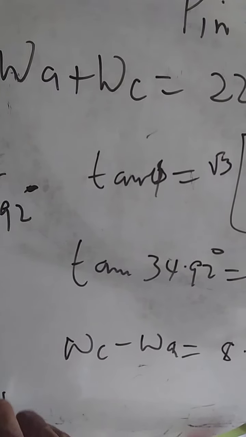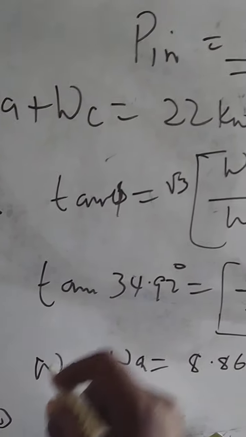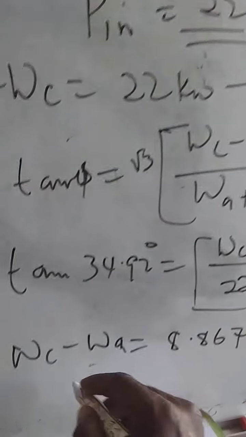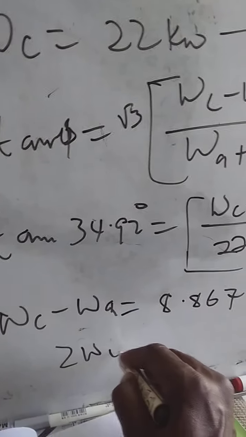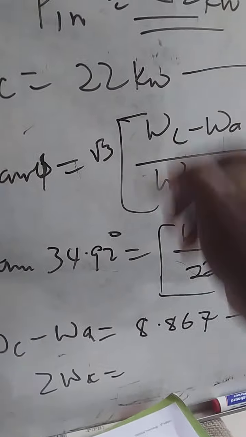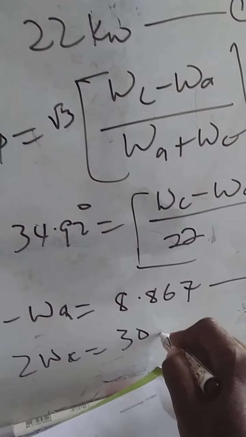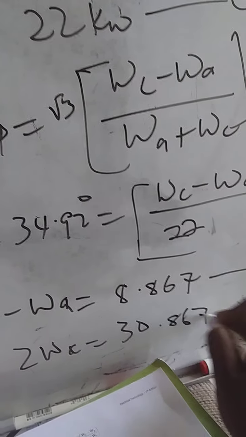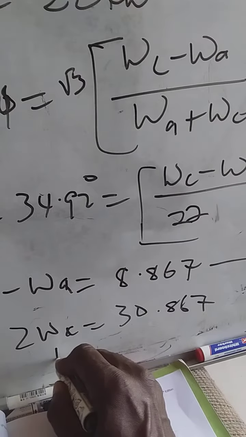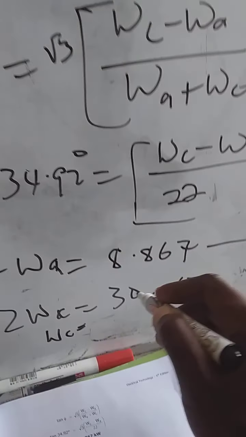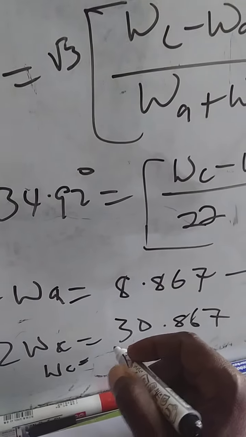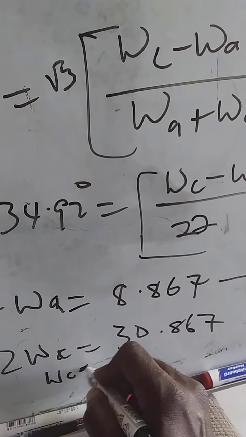So you can add equation 1 and 2 together, whereby you now have 2WC equal to, when you add these together, 30.867. And you can now find your WC. Your WC will then give you 15.433